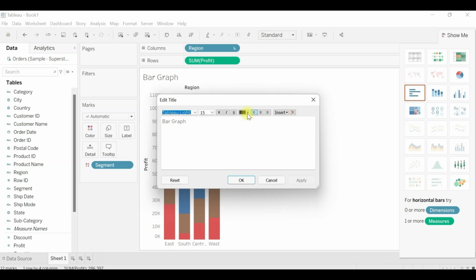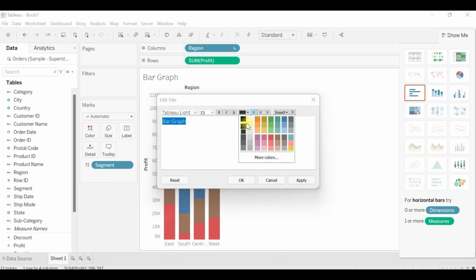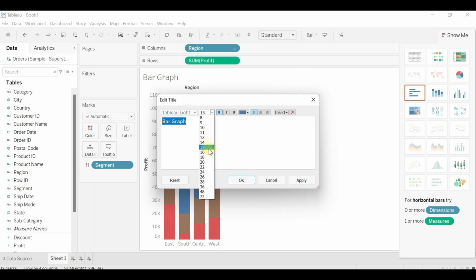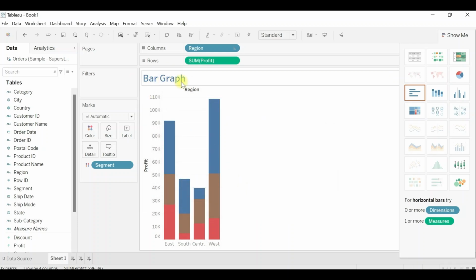And also you can apply all the formatting, like you can change the font, the size, bold, italic, underline, color, whatever you want, and that would be visible in the graphs as well when you click on apply. So this is how you can even change the title of the sheet. So this is how you can create a horizontal or a vertical bar chart in Tableau.